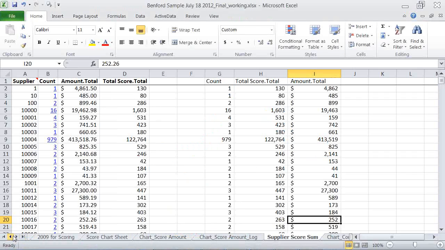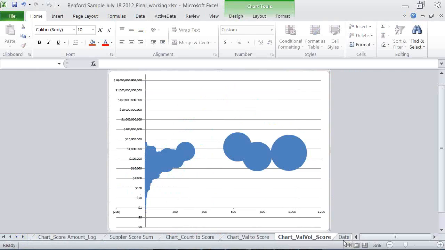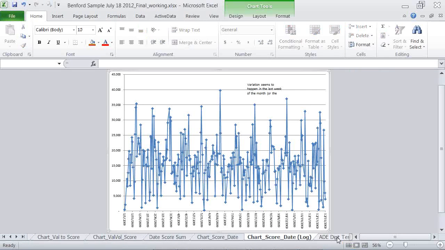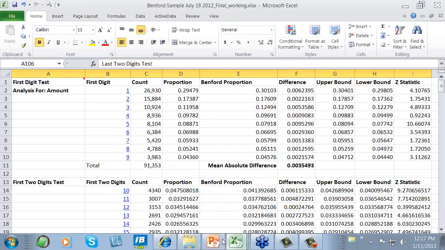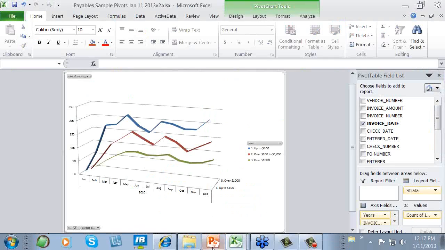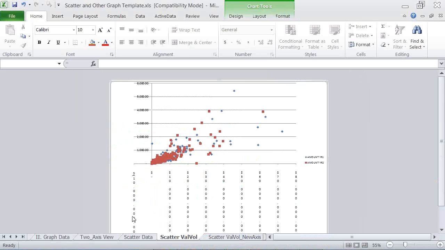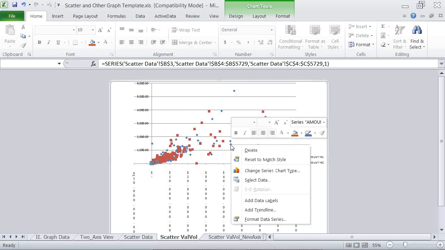little taken aback because I could have sworn within here I actually had a way of showing you how to split the actual file. But let's take this one here. Whoops, sorry. Nope. This one here. So this was the scatter and other graph template, so it wasn't the Benford Law template to work with. And in this one, I've created two data series.